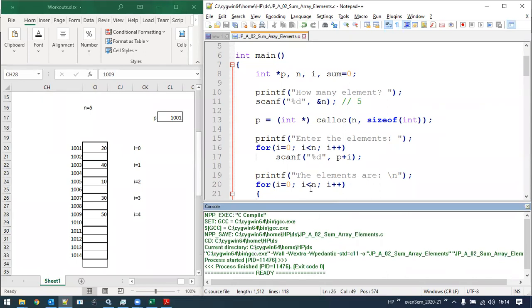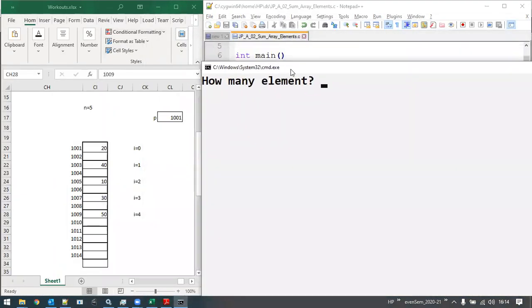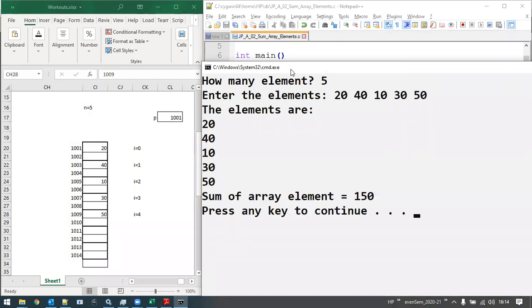No errors. Execute. How many elements? Say 5 elements: 20, 40, 10, 30, and 50. The elements are displayed, and the sum of the array elements is 150.